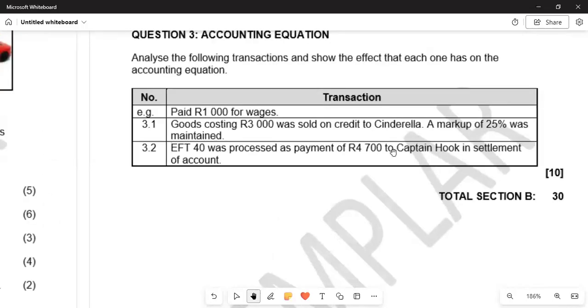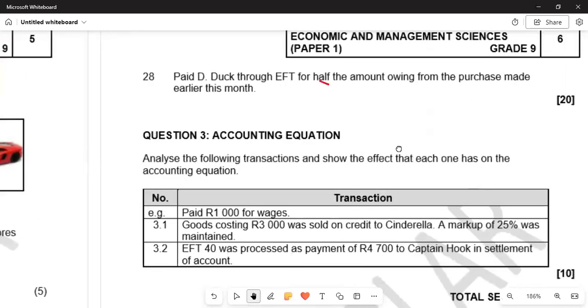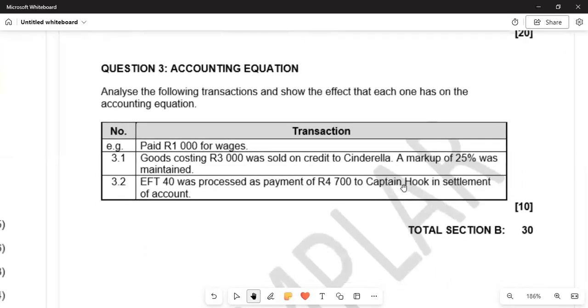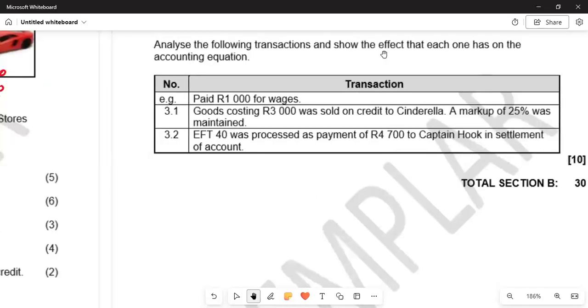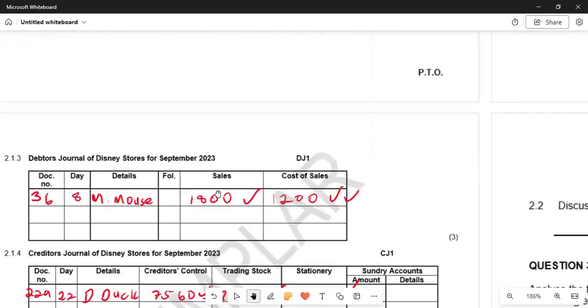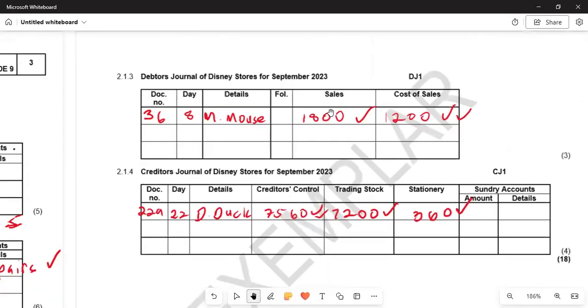Debtors journal as well as creditors journal. Now we are going to go back to the transactions that we were given and see how we are going to record our debtors journal. That is very important. So now we are going straight to the answer book and see how we are going to record our debtors journal. It's very important to know that. So under debtors journal,